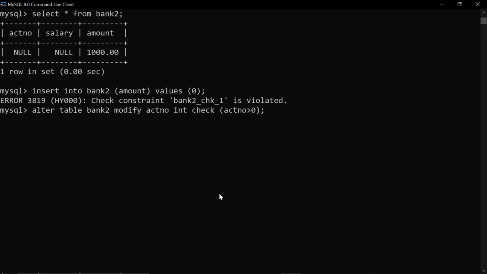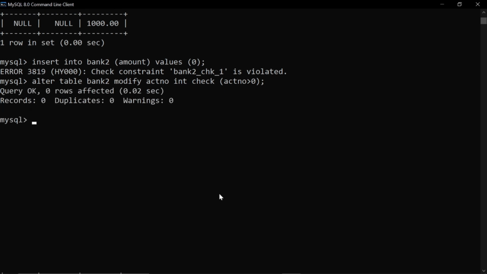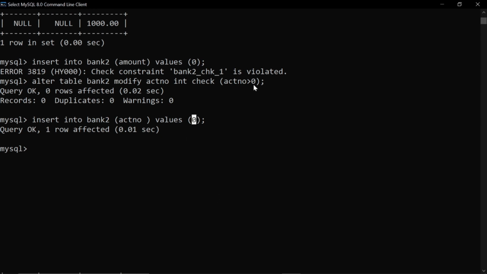So if I execute this and insert my data, you can see that our value has been inserted, but we were expecting that the condition is not being satisfied, it is equal to 0, and an error should come that your check constraint is violated, but it is not giving us an error. So why is it so?